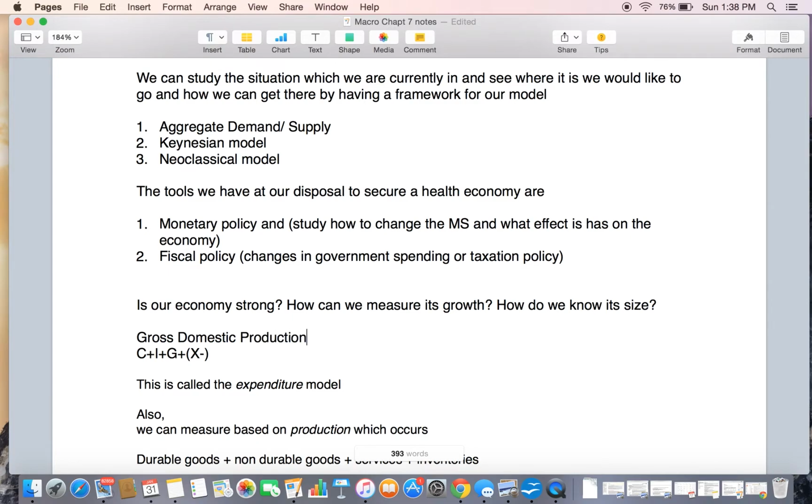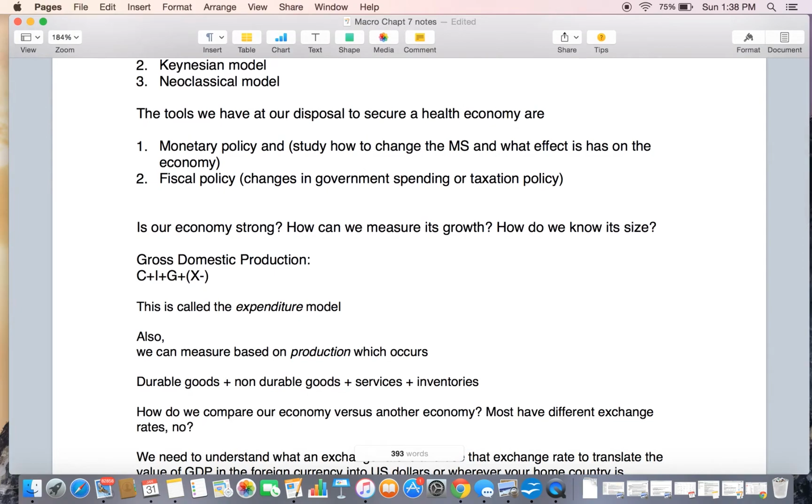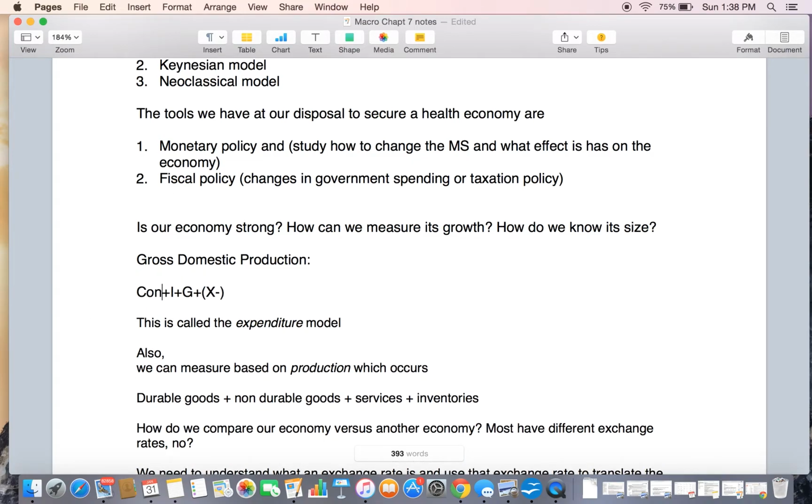And gross domestic production can be measured from a couple of different perspectives. Gross domestic production is all of the production of final goods and services produced within an economy over a certain period of time. So all of that production year over year should be generally increasing. The value of it should be increasing even if we hold the dollar constant, and that would be our real GDP. And we can measure it by looking at everything that is consumed,